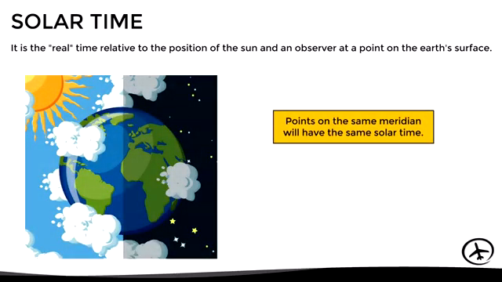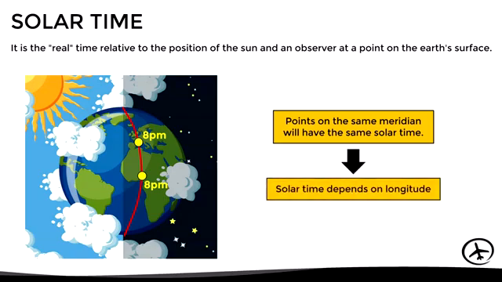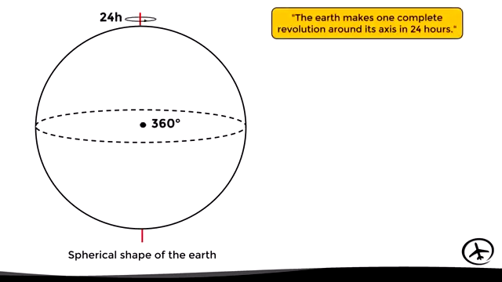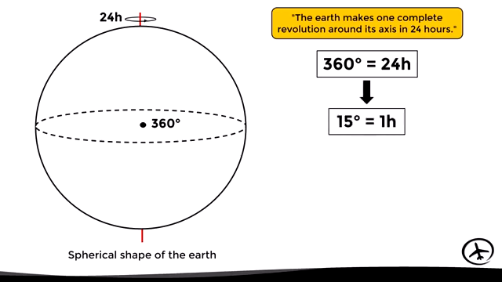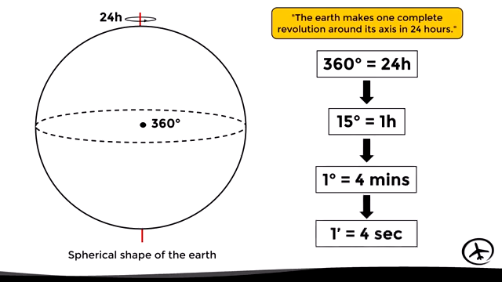One important thing to bear in mind is that points on the same meridian will have the same solar time. So in other words, we can say that solar time depends on longitude. So let's relate the degrees, minutes, and seconds of longitude to the passage of time in terms of hours and minutes. As we already mentioned, the Earth makes one complete revolution around its own axis in 24 hours. So we can say that it rotates 360 degrees in 24 hours. This means that it takes 1 hour for the Earth to rotate 15 degrees. And therefore it takes 4 minutes for the Earth to rotate 1 degree,